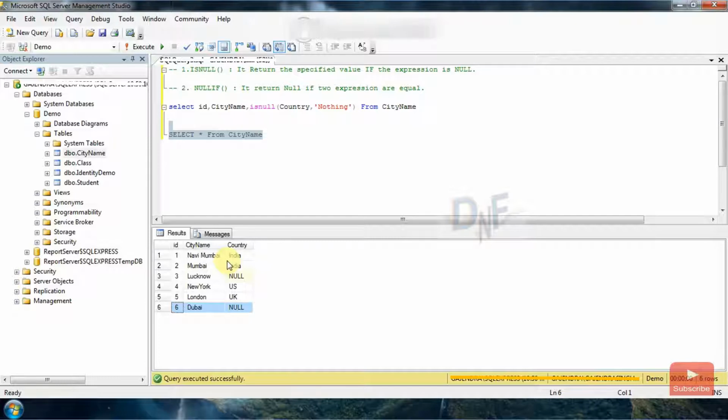So next is NULLIF. NULLIF basically returns null if the two expressions are equal. NULLIF also has two parameters, but it compares the two parameters. If the parameters are equal, then it returns the null value. For example, I apply NULLIF functionality with the same query, like